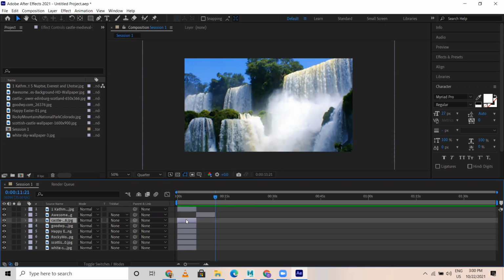Now I select the next footage. I press open bracket. What open bracket will do is bring the footage to the beginning of the indicator, where the indicator is. On that place, this footage will stick. Now you tell me, I want the indicator to go to the end point of the footage. So what do I have to press?